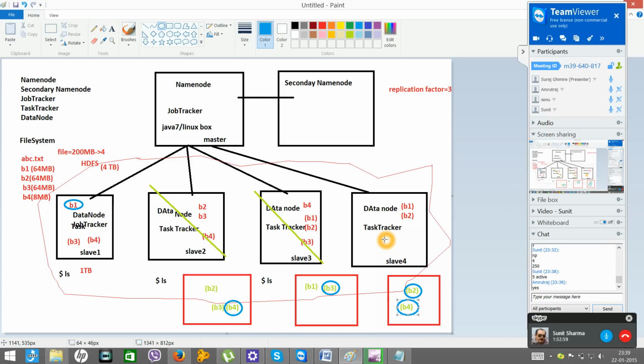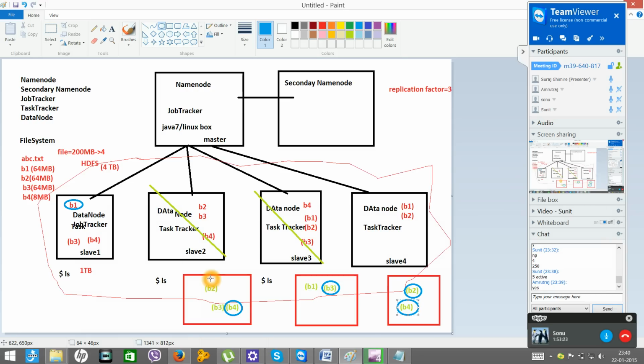Let's say you wrote a MapReduce program using Java, and we want to execute that program to process this file. We have already given our file to Hadoop. Hadoop has divided it into blocks, and the blocks were replicated and stored in various nodes.